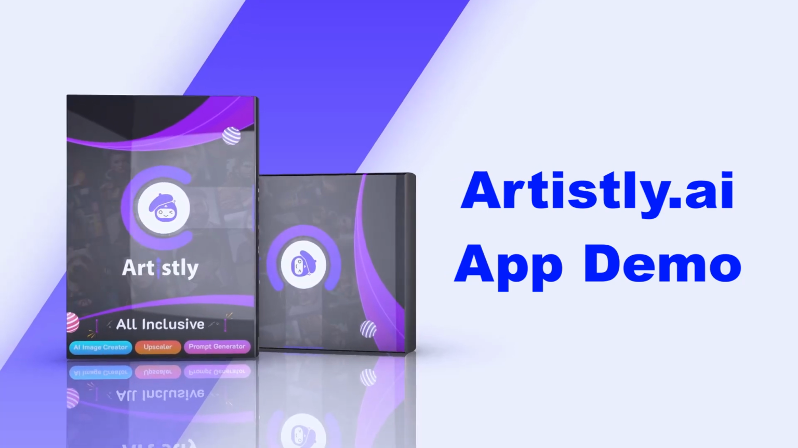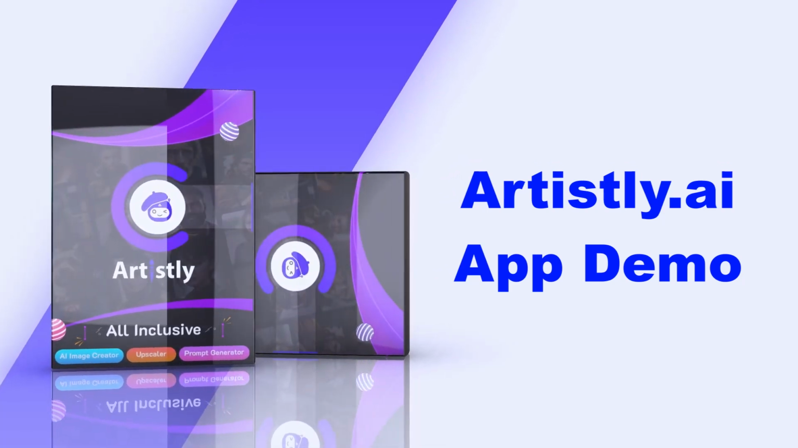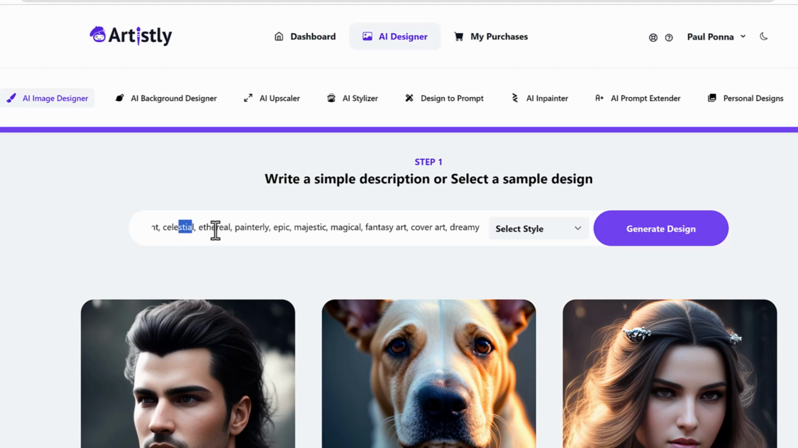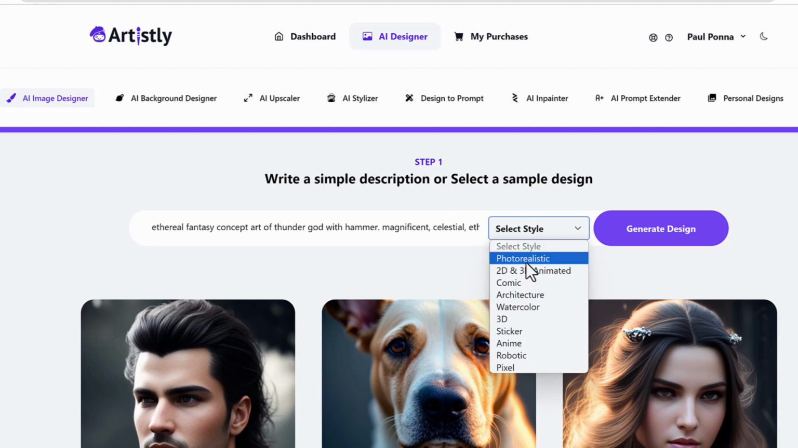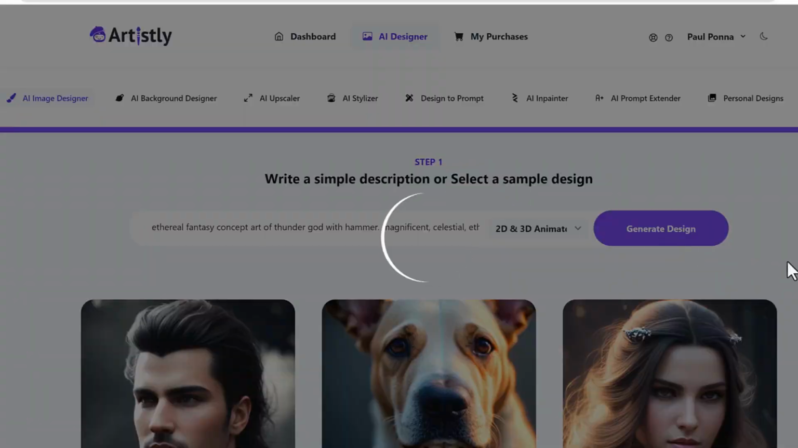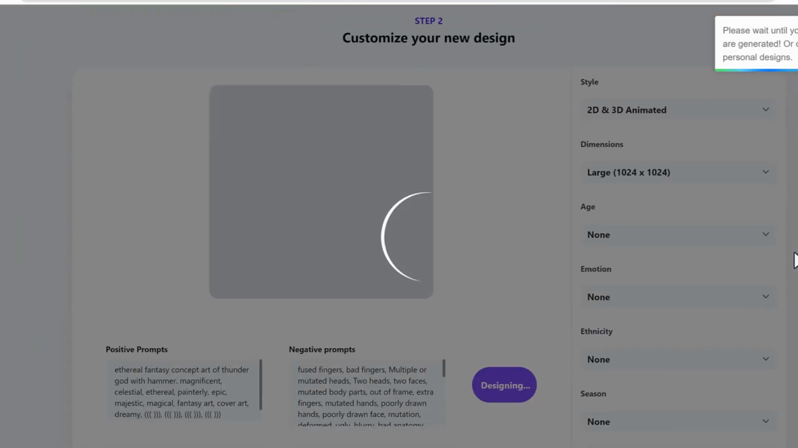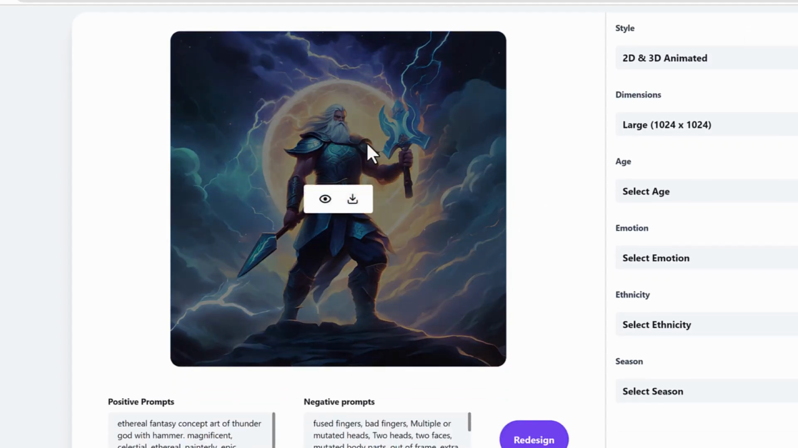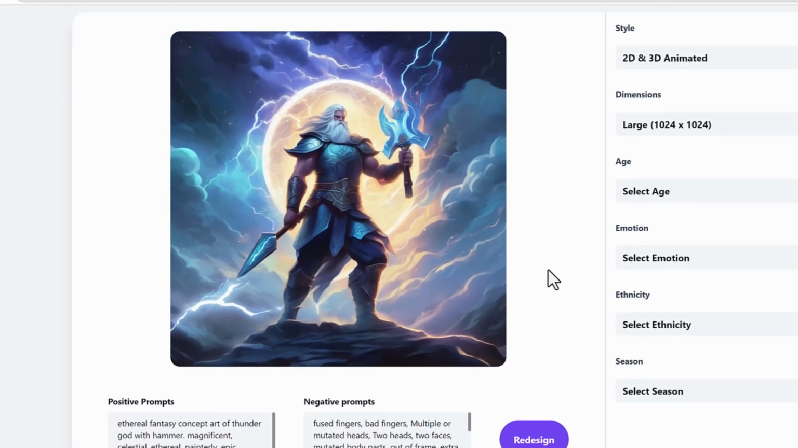Here's a quick demo of the Artistly.ai application. The first thing that you can do when you're in the application is that you will see the AI image designer. This is where you can put in any prompt or any text or description of what kind of photo you want to create. And then you can choose the styles like photorealistic, 2D, 3D animated comic, or watercolor, 3D stickers, or any other different styles you desire. Generate the design and automatically it's going to create that photo right out of thin air